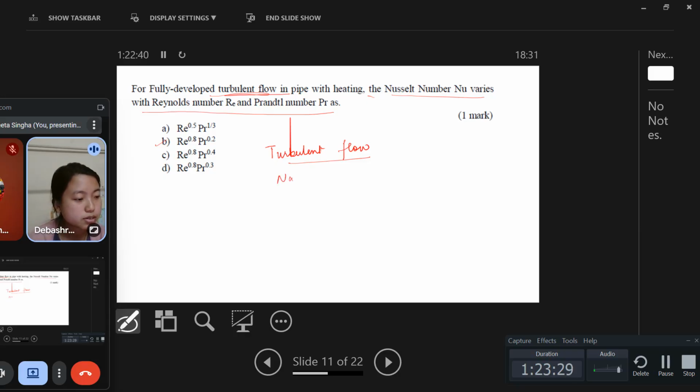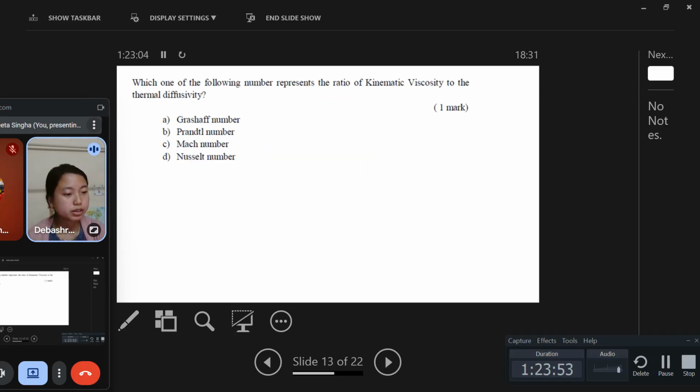So under this, Nusselt number is given, it varies with Re as 0.8 and Pr to the power 0.2. Okay, for heating is the case. There are many cases. So I'm telling you, for this it is B only, 0.8 and 0.2. Okay, the next is,